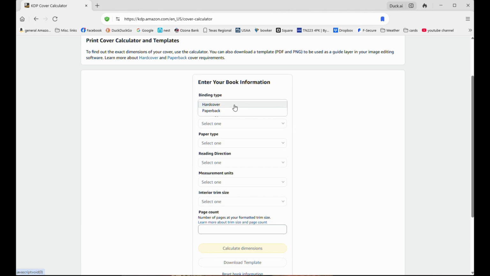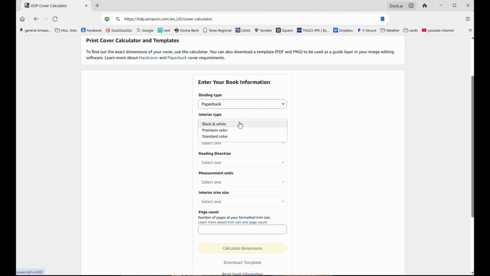The first thing you want to pick is whether you're doing a paperback or a hardcover. They do both require a separate independent cover file for publishing them both. You can have the same elements on both covers, the same artwork and the same text, but the cover template itself is larger for a hardcover because of the way the hardcover is produced on Amazon. It's a case laminate cover, and those are traditionally larger than paperback covers. So you have to have a separate template for both, but we're going to pick paperback,